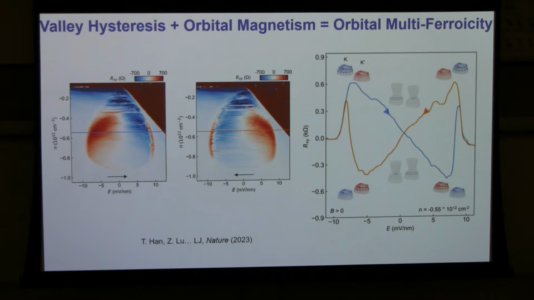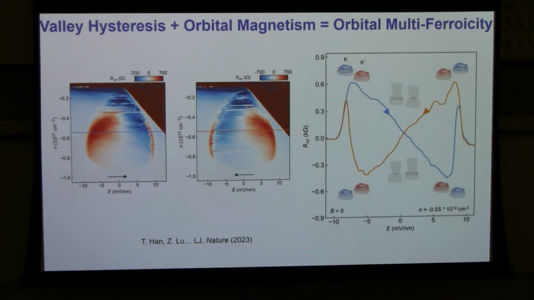And when you sweep backward, most of this region got the color reversed, which means if you do a line cut here at fixed charge density, you are going to get what I call butterfly hysteresis, which is clearly different from the magnetic hysteresis under sweeping of magnetic field. So what's going on here is that this is a different way of connecting the four symmetry breaking states.